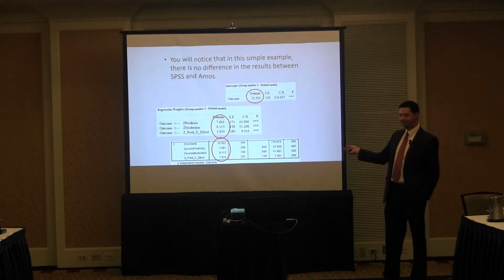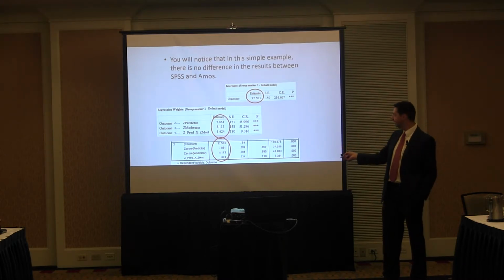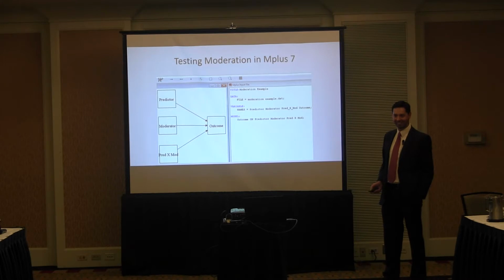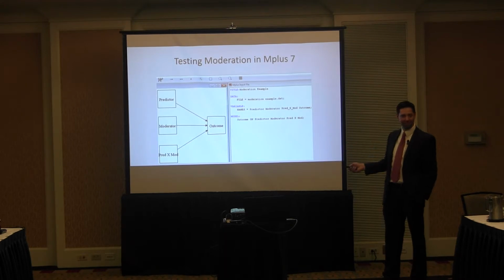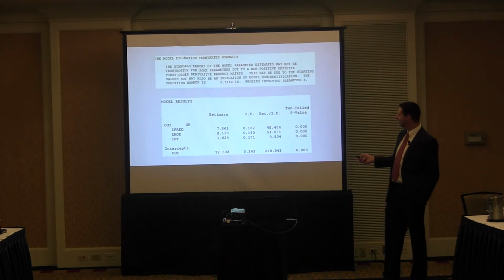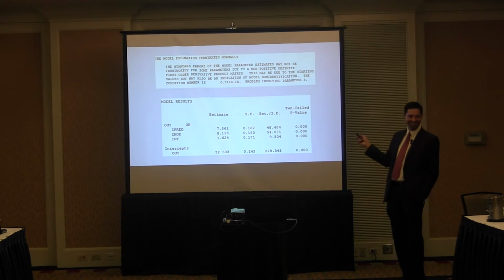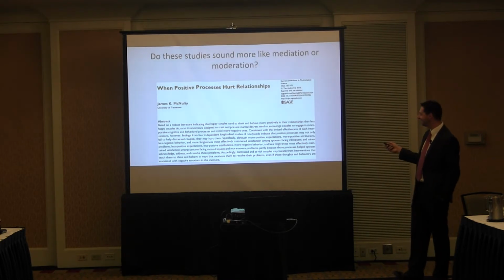If there's missing data, then the one in AMOS and M+ is more accurate. We were going to do it in M+. We can also draw a pretty picture if that's how we like to do it, or you can just write your model syntax out. Outcome on, and then put the 3 predictors there. All right, but in M+, when I ran it with the 10 people, it didn't like it, spit it back out like, what are you wanting me to do with only 10 people? It said it couldn't do it.